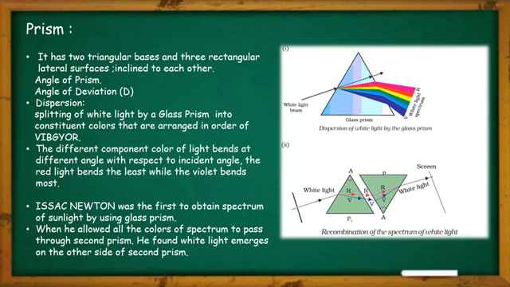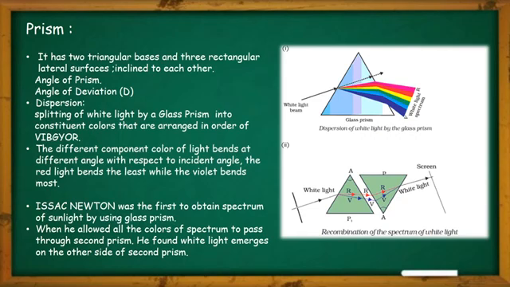Isaac Newton also found that when you pass this spectrum of light through another prism kept in an inverted position, meaning the angle of the prism faces the bottom side and the base of the prism is kept upward, all the spectrum will combine again and give you white light. And just remember, the splitting of light will only happen if you are passing a polychromatic source of light, that is a mixture of light, or most particularly the white light.